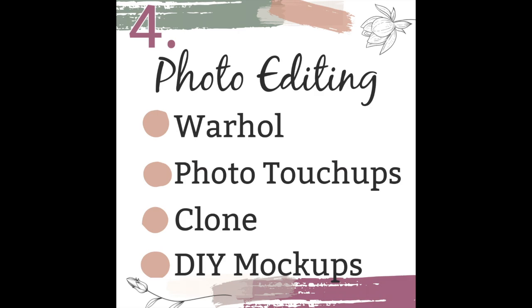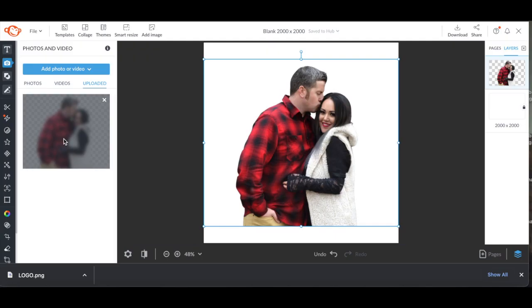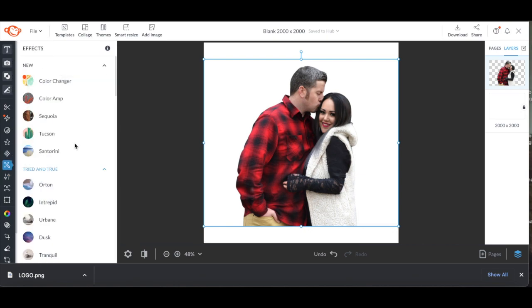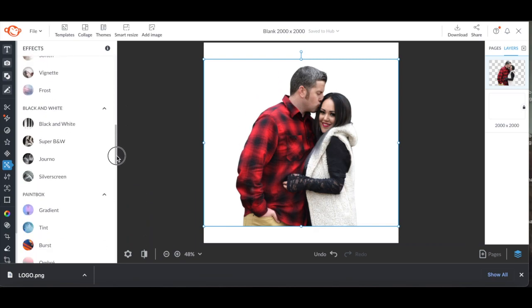PicMonkey isn't just digital designs, it's actually a photo editing program. And so you can, again, for your business or anything else like that, really take your photos and edit them to the next level. Right now, cartoon photos are really popular. One of my favorite ways to turn an image into a sticker is coming over here to the effects and scrolling down and using the Warhol,